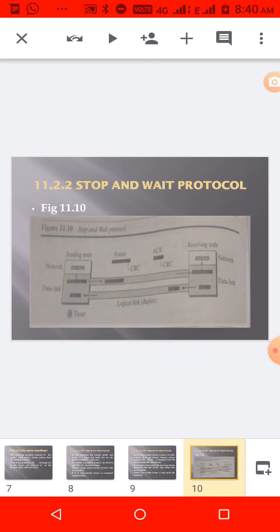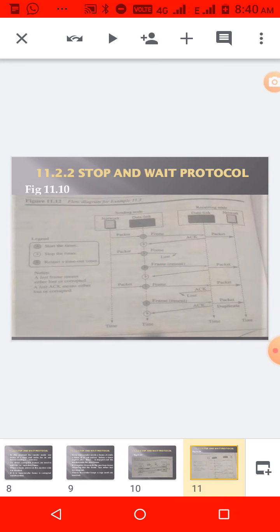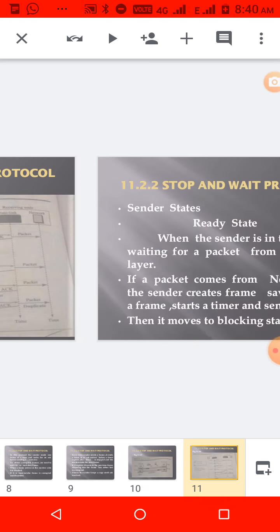Also check the timer. If the timer is out, then it will again resend that copy it kept. So many situations happen here. First, the sender waits for an acknowledgement, and then if it didn't receive the acknowledgement, it will resend. Or if the timer is out also, in stop and wait protocol it sends the frame again.